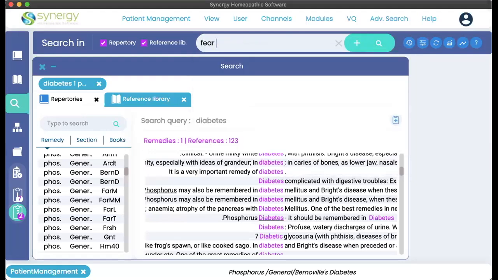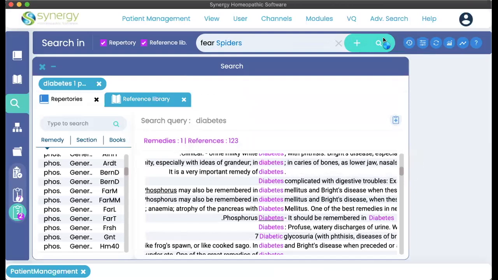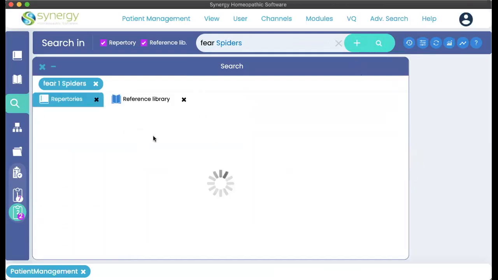Okay, fear of spiders. So can we do this for the whole spider group? You can do anything. You can play with the program the whole day. When you don't have patients and when you have patients, you can use the programs to hone your artistic abilities with the technology. Okay. So you can put fear and spider and then you wait for a few seconds, and you see if you want to pick up the spider as a word, spider group as a remedy, or spider family, and I put spider family and I put fear spiders,